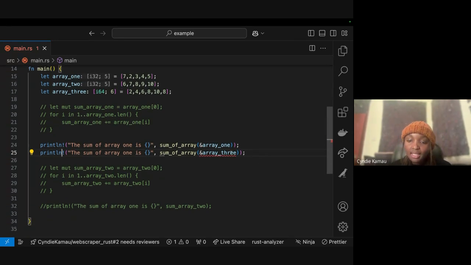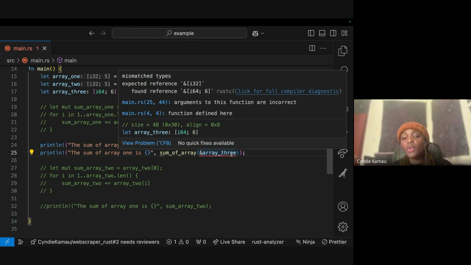Okay, as you can see, let's see which type of error we're getting. We are getting a mismatched types error, because it expected a reference for I32. By reference, it means we are borrowing. This is something else, a very important concept in both Rust and Cairo. It's called ownership, and we're calling this borrowing. I'll also expand on it as we continue with smart contracts because of time. So based on the conditions we've put in our function, it is expecting an I32, but we've given it an I64.